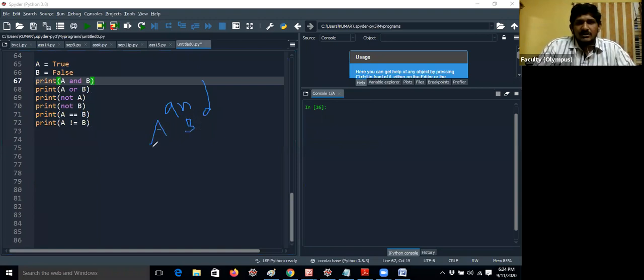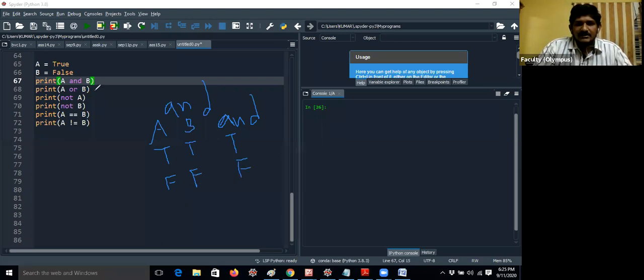Whenever both are true, a and b is true. In mathematics you wrote it like this in 10th class, but here, you can use bitwise and, or you can just use and only, don't confuse. For or, if both are false,